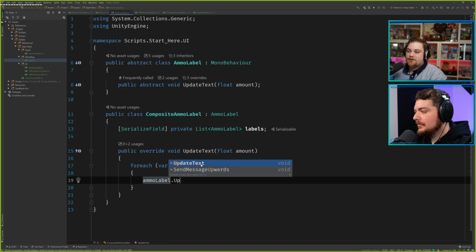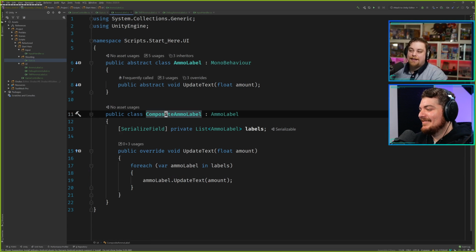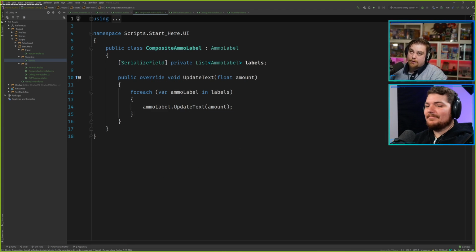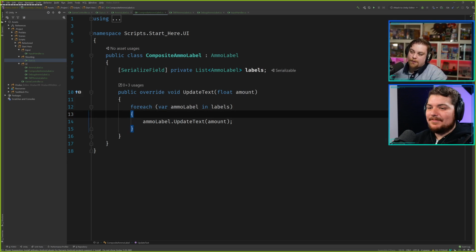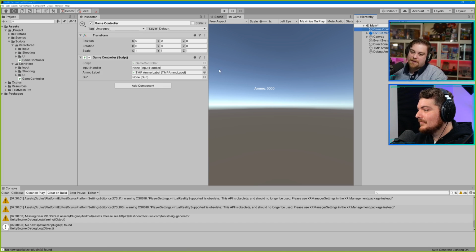And for all those purists in chat who are going to complain, yes, technically foreach is slightly less performant, but it's so marginal. It's not bad like it used to be. It doesn't generate garbage in the same way that it did in Unity 5. So the old scaremongering tactic of never use foreach in Unity isn't true anymore. So don't worry about that.